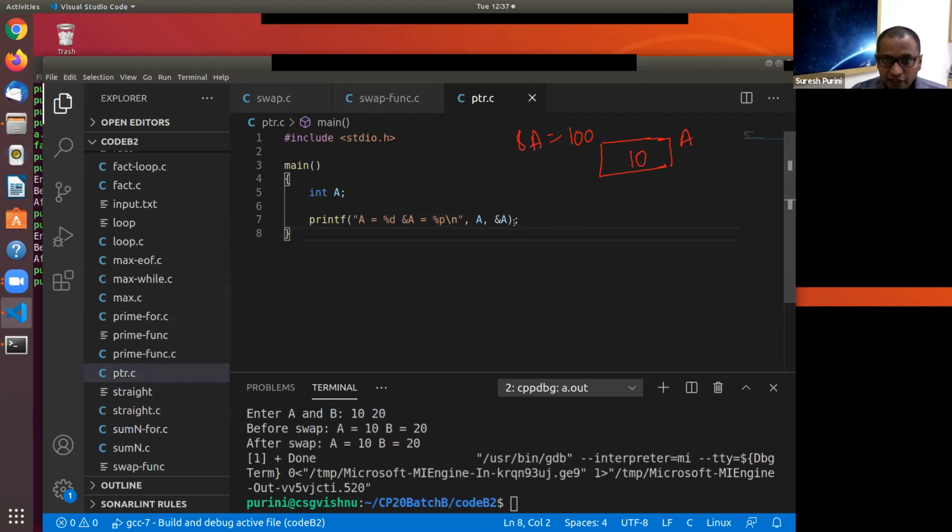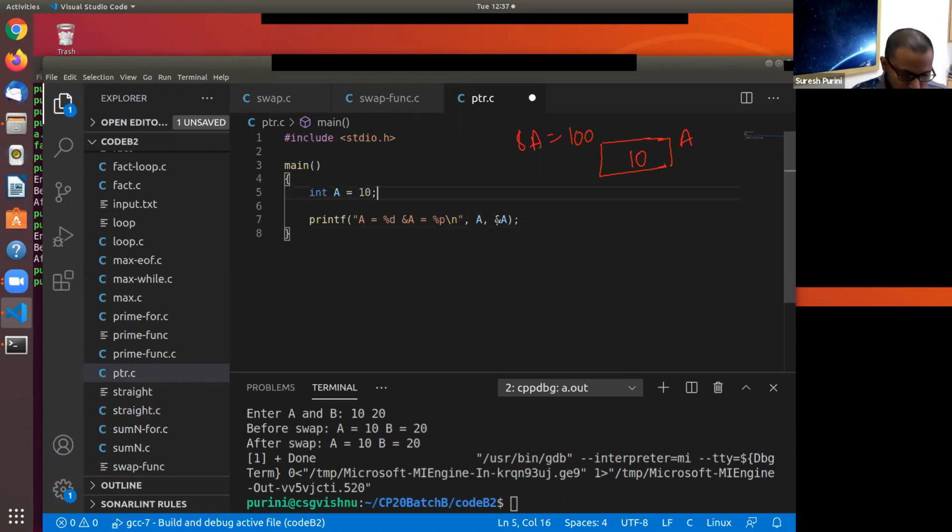Every variable is allocated memory, and every variable has an address. Here we are declaring variable A on line number 5. We are printing the contents of variable A and the address of the variable A.